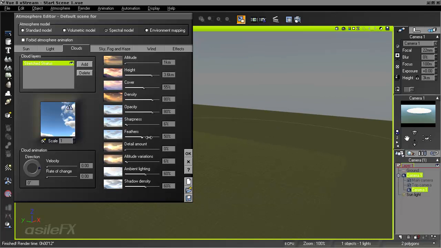Now we have another setting that is impacting this, which is the feather amount. I'm going to reduce the feathers. We'll just go ahead and take sharpness and feathers and move them down to 5% for now. So there's not a whole lot of impact. Like I said, the height, even though we're seeing